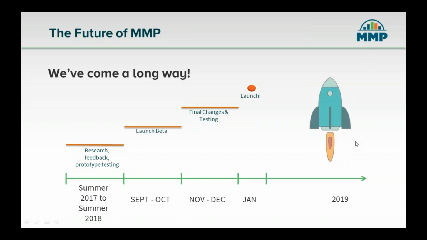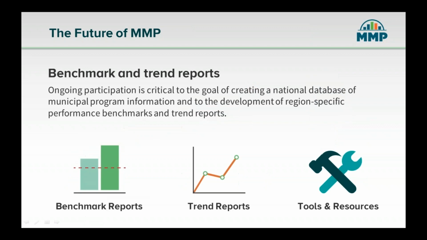And so we put this rocket ship in here. I almost wanted to make it diagonal, but realized that rocket ships, if they're going diagonal, is probably not a good thing. So we kept it straight, but we do have a lot going on and coming down the pipe. So one of the things that we are working on